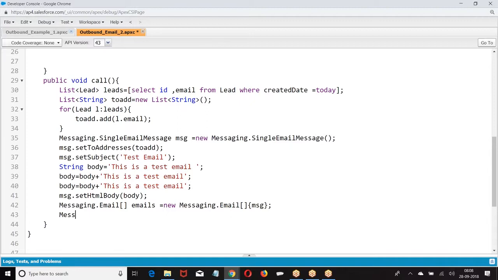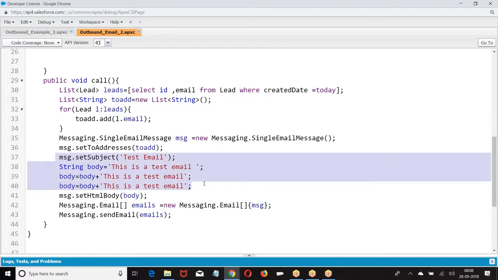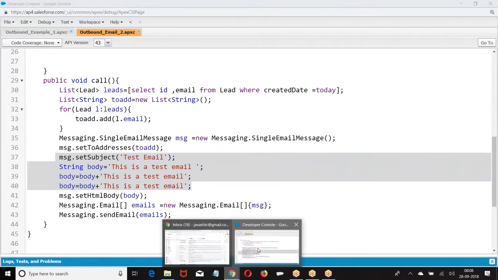Now, in this programming, what is happening, boss? In this program, the same email body is sent to everyone. So the same email I am sending to everyone, in this format.